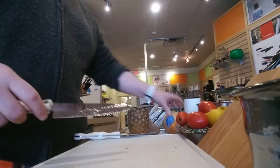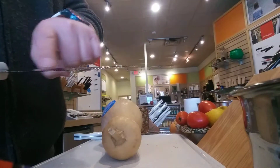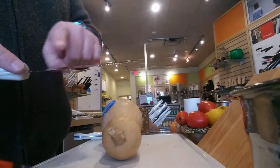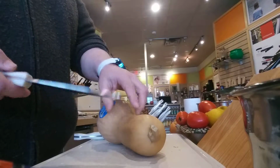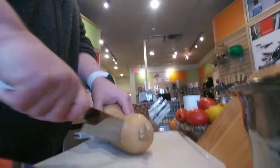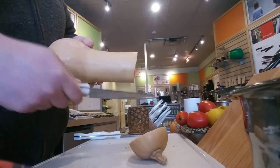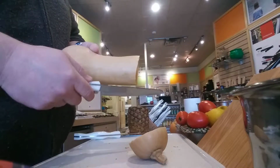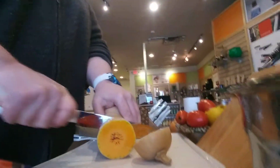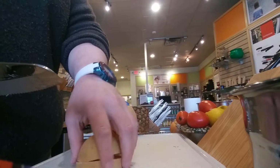When it comes to cutting super hard things like squash, one of the things you'll find, the double D is cut on one side and then it's flat on the other. So if you look at any of the double D edges, when you're cutting something super hard with a knife like this, you may notice that it sometimes kind of curves off. So it curves off so the food isn't straight. It kind of veers off to the left because of the double D edge. So either you have to hold it really tight and force it to go straight, or